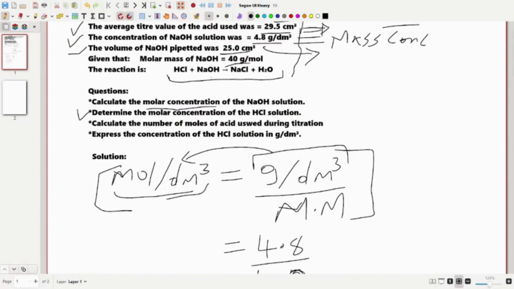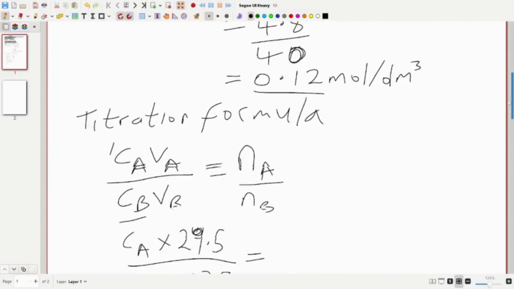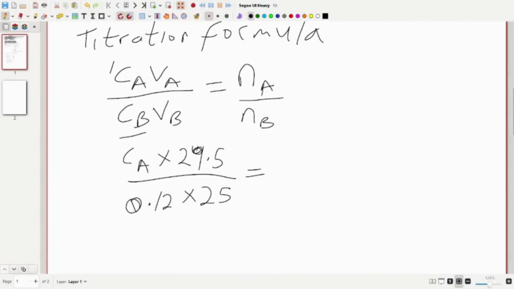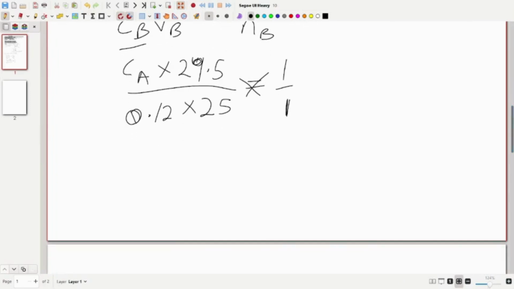In the equation, the number of moles of acid is 1, and the number of moles of base as used in the equation is also 1. So in this case, it will be 1 over 1. When we cross multiply and make Ca the subject of the formula,